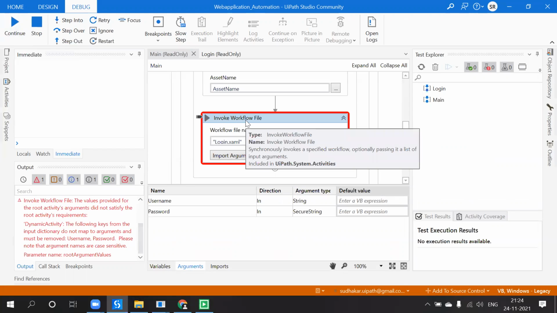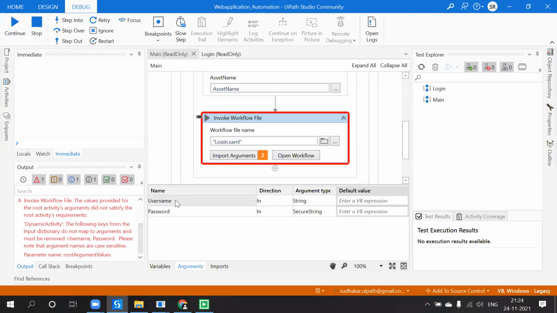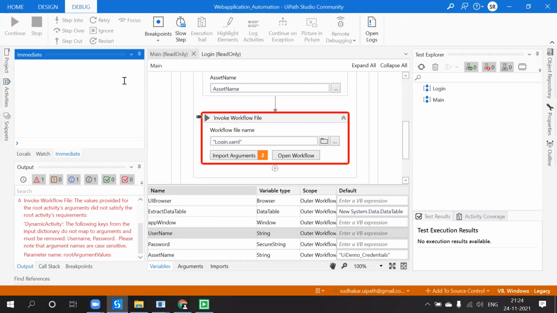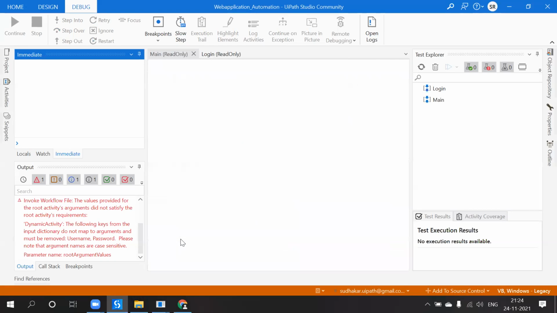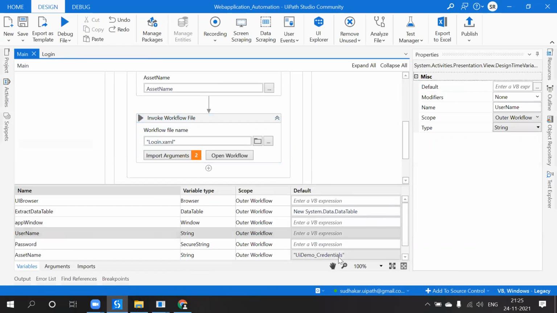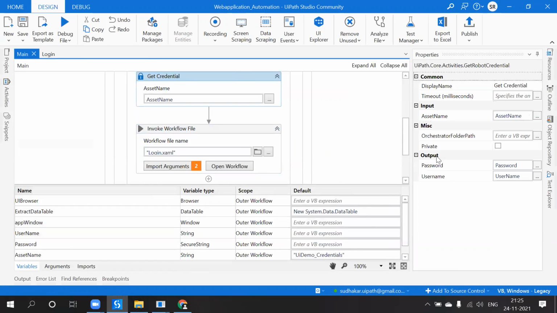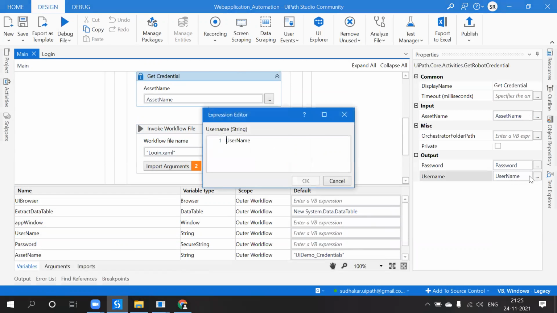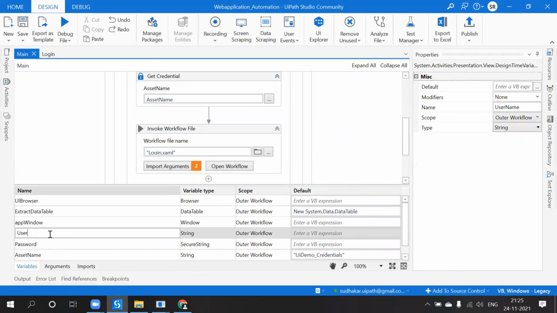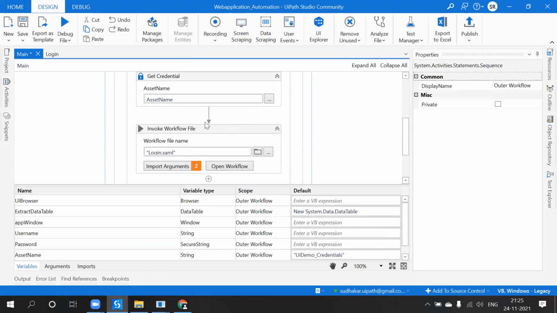However the values are there, here also it is the same, like username, right? The name of the variable should be the same name. There should not be any difference. So for best practice, however the values are coming, keep it the same. Do not make any changes.